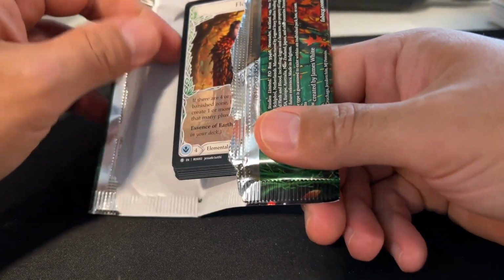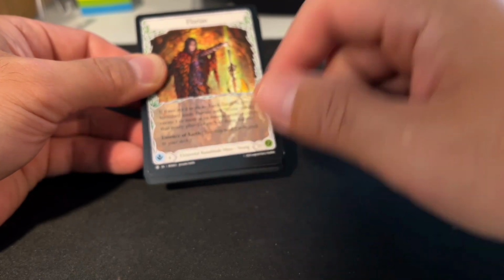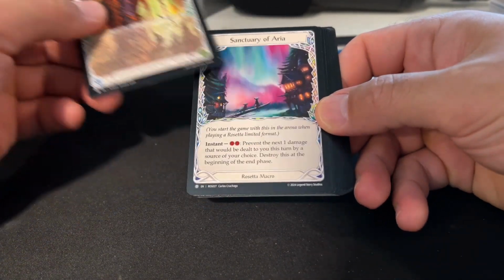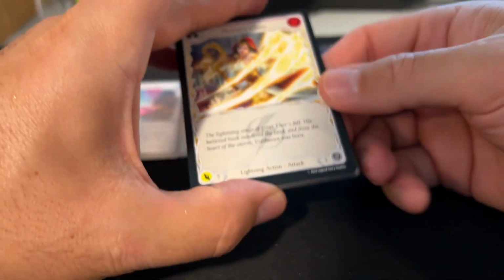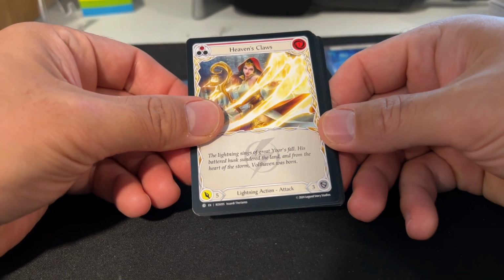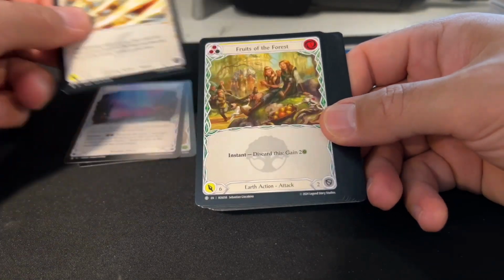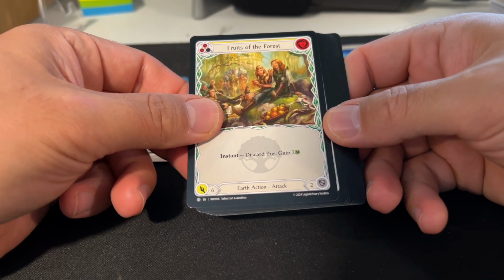So on Pokemon cards, you can look down here and it'll have a little symbol for rarity. So you at least have some sense of how rare a card is, which sometimes can give you a sense of the value, but not always. I don't know if rarity is indicated on these or not. Anyways, Fruits of the Forest,